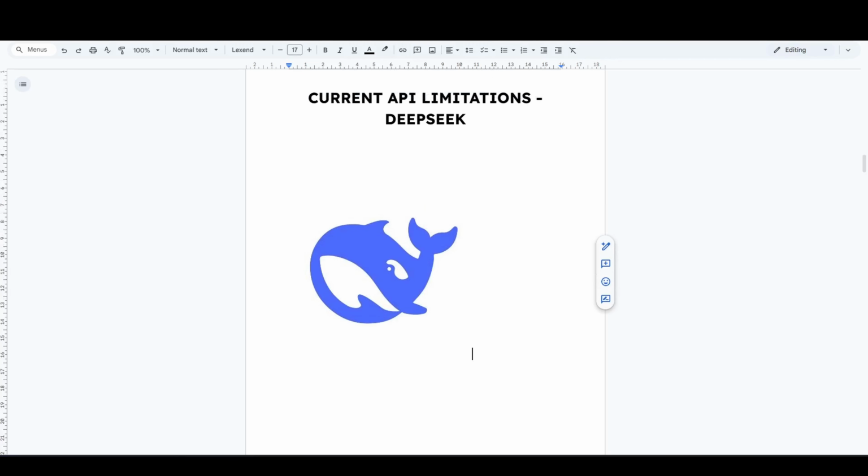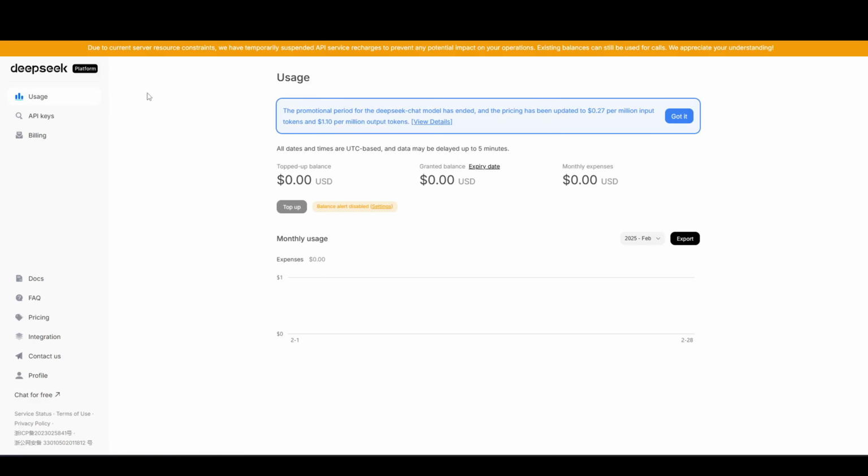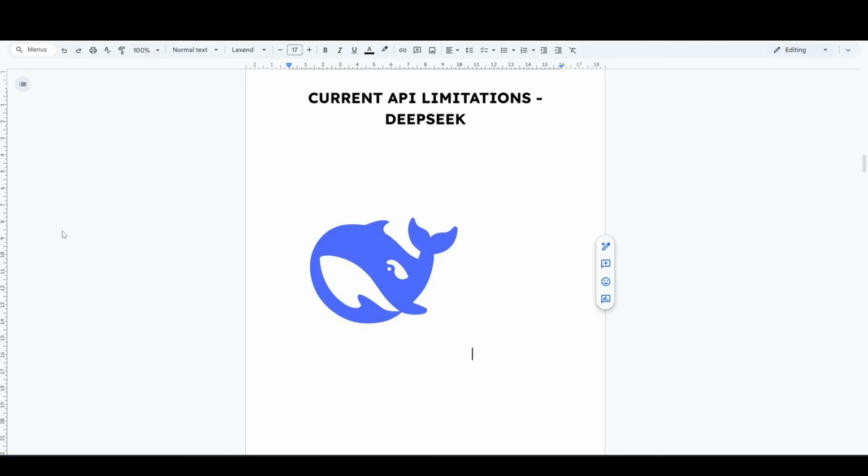So you may want to ask the question, why just these three? DeepSeek R1 is incredible and I intended to include it, but I'm facing an insufficient balance issue. So I made an API call to DeepSeek R1 and I got this. DeepSeek has high demand restricting top-ups. This shows why fallback is crucial. Even top models face availability issues. APIs overload, accounts have problems, it happens. And this is the more reason why we need this function.